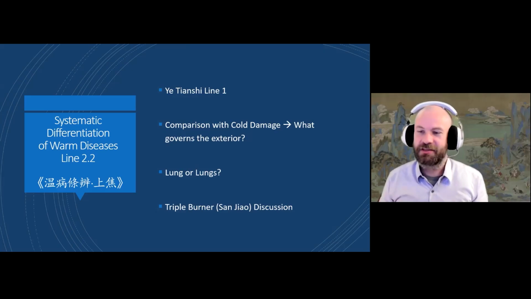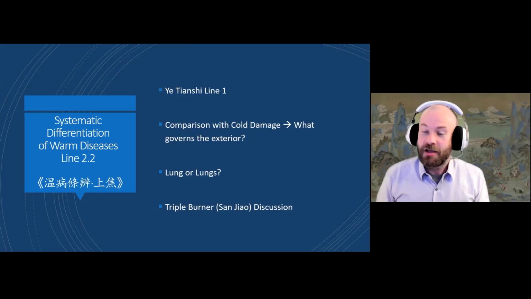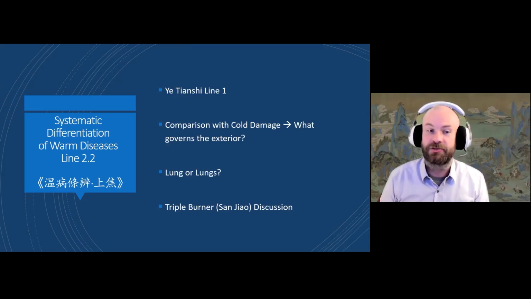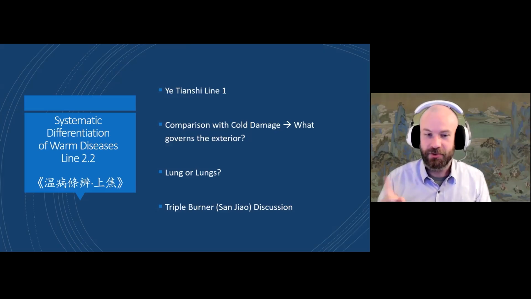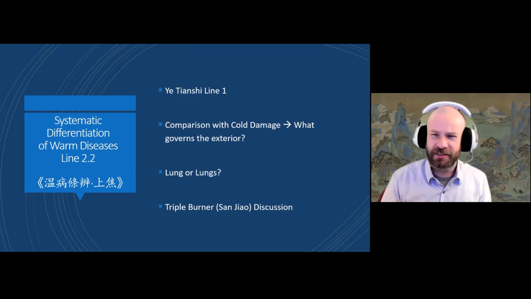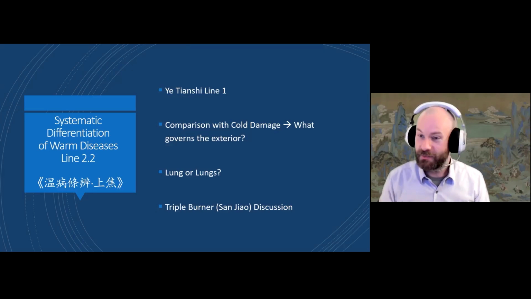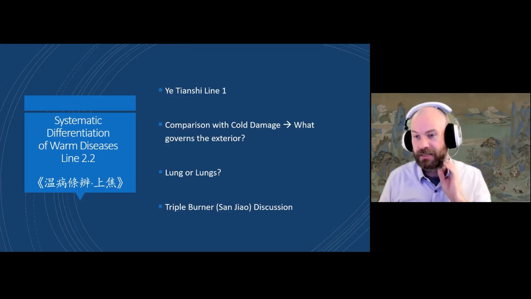Another interesting thing to talk about is that when we're translating and speaking about Chinese medicine, I just thought about this because maybe a lot of people haven't thought about it. When you're translating, you do need to be as precise as you can. When we talk about Chinese medicine, we actually shouldn't say lungs. We should only say lung. Why? Well, I believe it's like 1935 or 36 where it says there's only one organ that has two, and that's the kidneys. So when we talk about the lung in Chinese medicine, they only viewed it as one organ, not as two like we do in Western medicine when we say lungs.